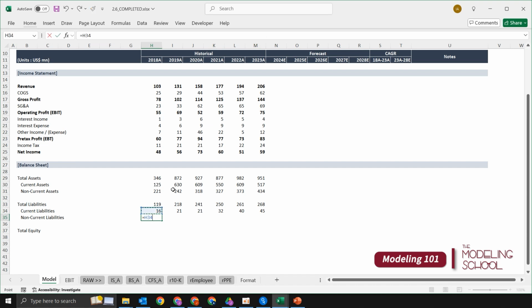And for non-current liabilities, we're going to subtract total liabilities minus current liabilities. And lastly, for total equity,